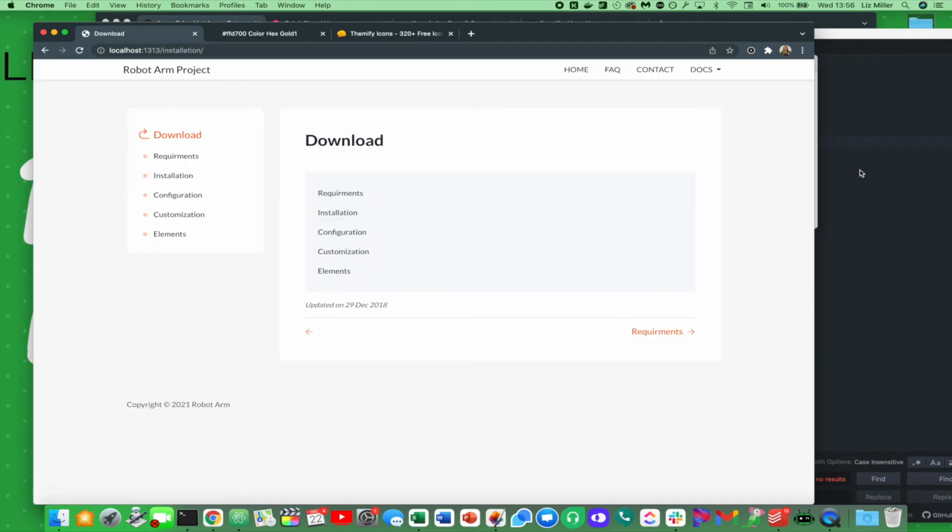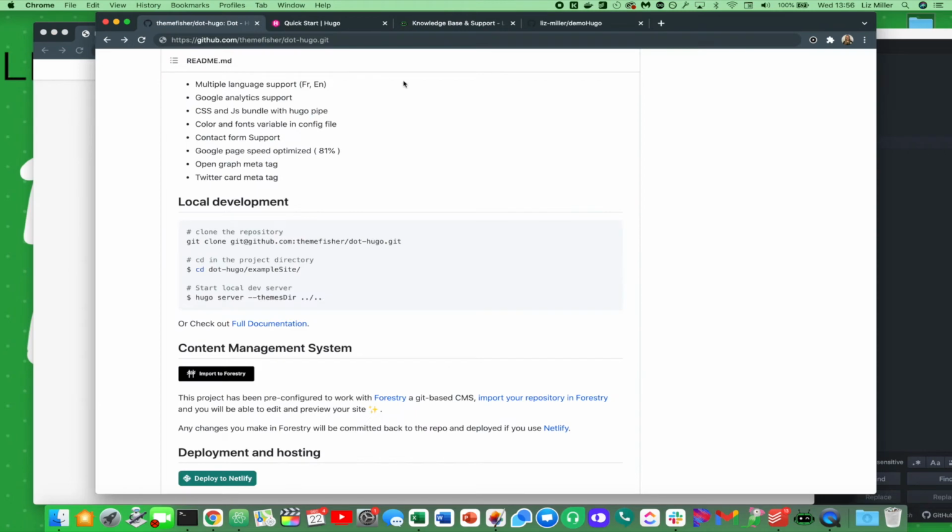So if it ever throws some weird error on you, you can just kill it and then restart it in terminal. So let's say we're good with this, we're happy with how this is set up. How do we get this online? Because right now we're running locally. The next step is to